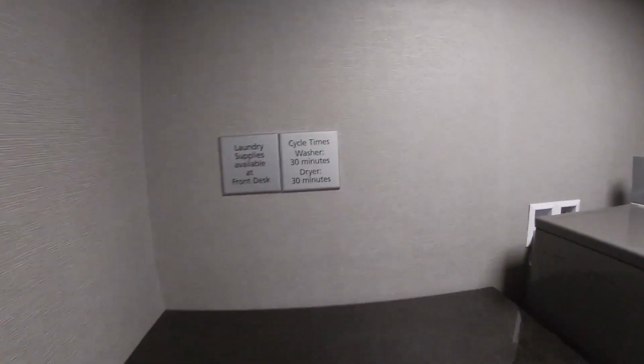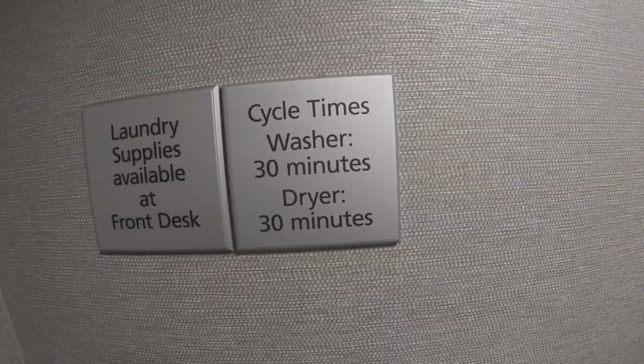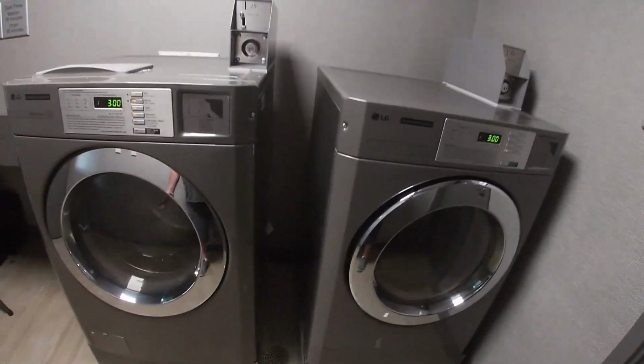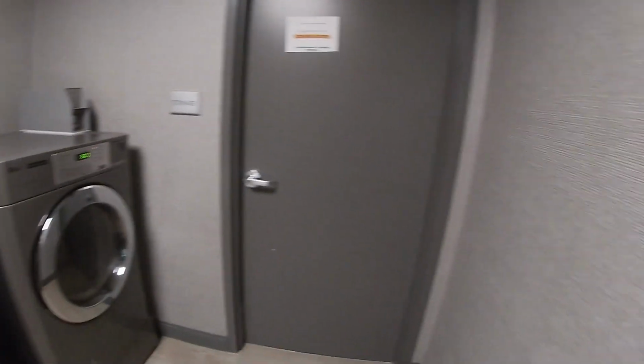Okay, so here's the guest laundry. Laundry supplies available at the front desk. I like that it tells you 30 minutes for the washer, 30 minutes for the dryer. And it looks like it's $3 each. So it'd be $6 for a load of laundry. That's a little steep. It's not the highest we've seen on this trip, sadly, but